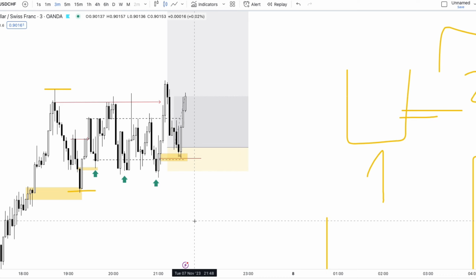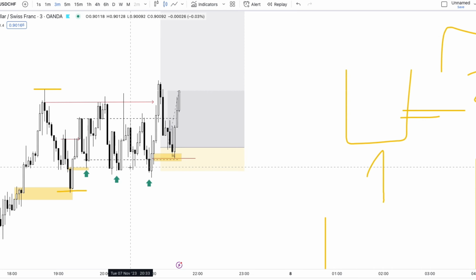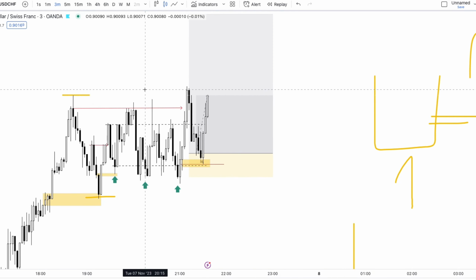And it's not just any system. It has to be a system that is proven to work, and there has to be a reason why it works and all this stuff. But for me, guys, this is just something that works for me. If I don't make it complicated like this, and if I don't take trade setups like this, what I will do is,